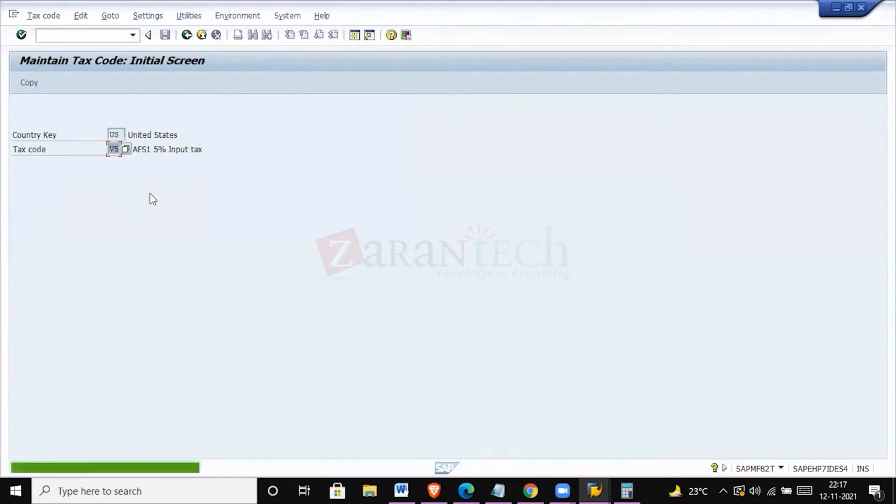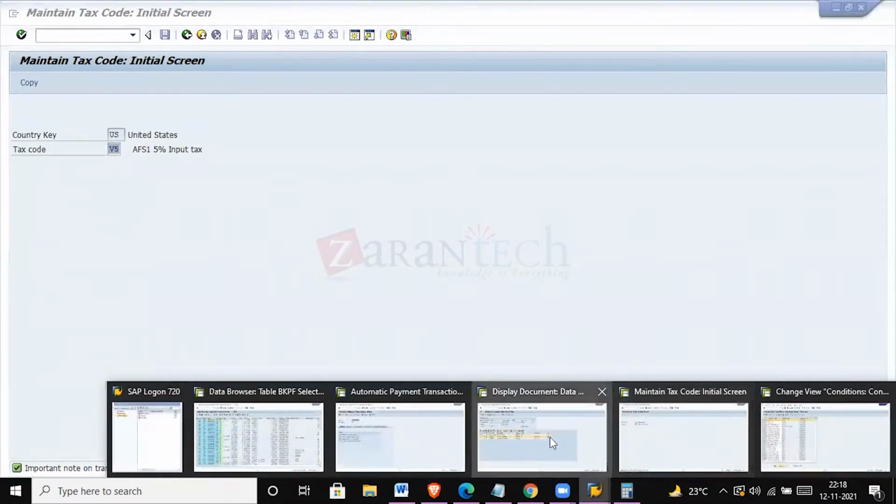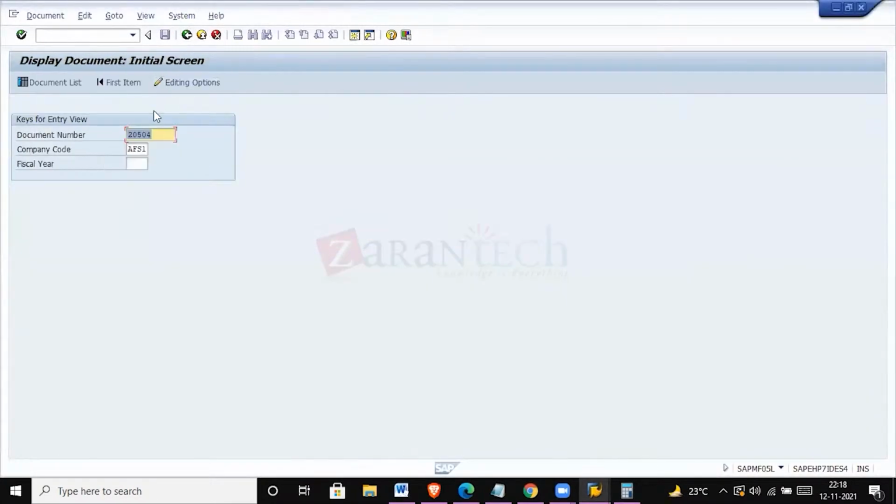Let me show, when you are configuring tax codes, that is VAT tax codes or sales or purchase tax codes, whatever. For transporting these tax codes we have a separate procedure, and whenever we are updating a tax code, we have to update the account determination for the tax code as well, where we are doing the account determination for the tax code, like from which area this particular document, this particular